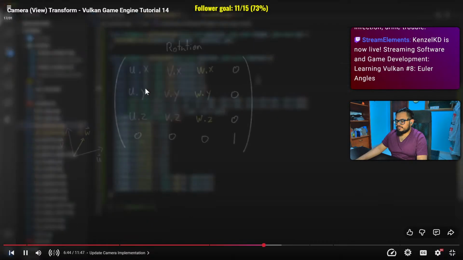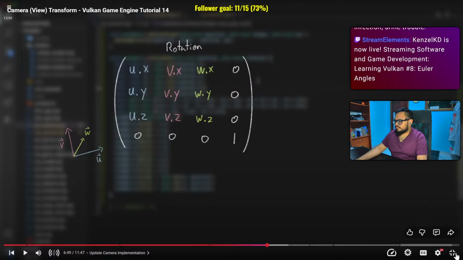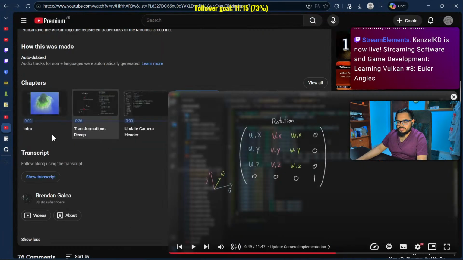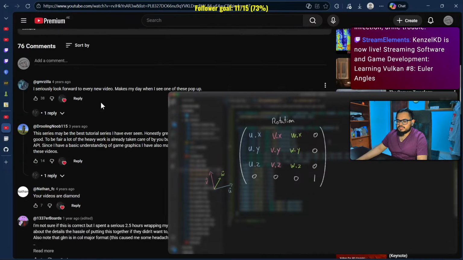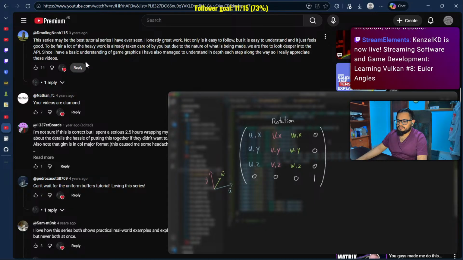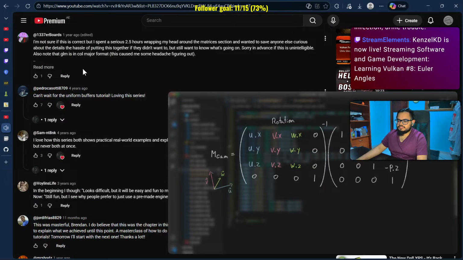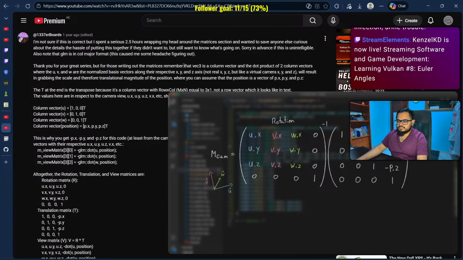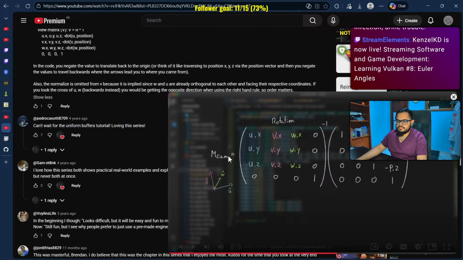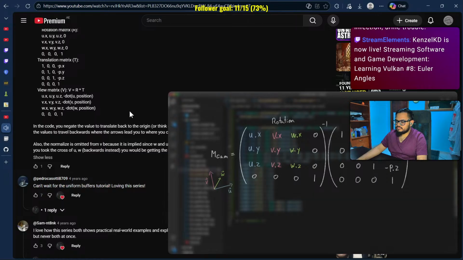We start to construct the rotation matrix just as we did back in tutorial 10 for the transform component's mat4 function. To construct the view matrix, we combine the inverse of the rotation matrix with a translation back to the origin. We use the inverse of the rotation here because